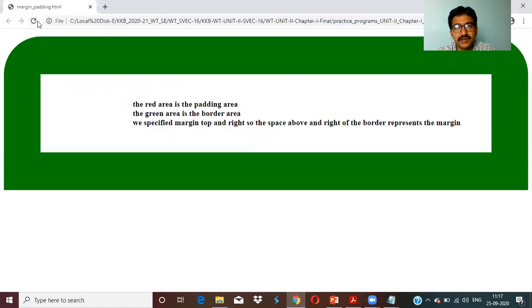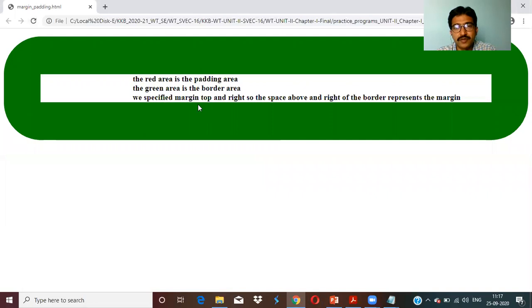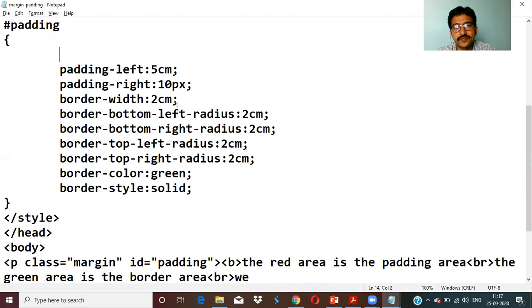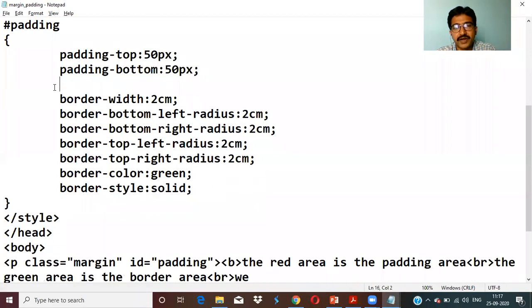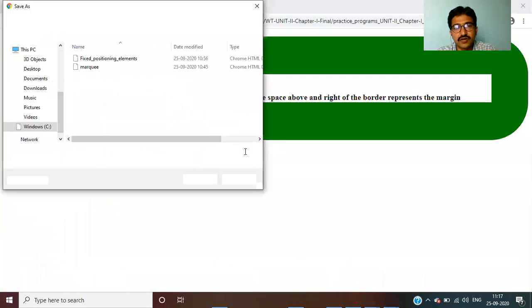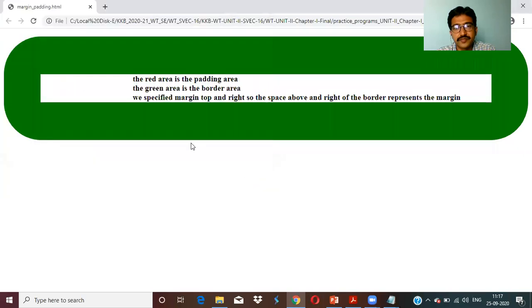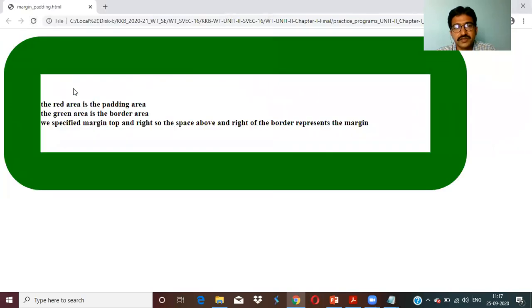Here padding is already there. Now I'm just removing the padding top and bottom. See, top and bottom padding removed. It is matched like this, right? When I'm removing left and right padding, what will happen? Because you need to try to understand what actually the concept indicates. Refresh. See, top is there, bottom is there, but I removed left padding and right padding. So that's why it is showing like this.